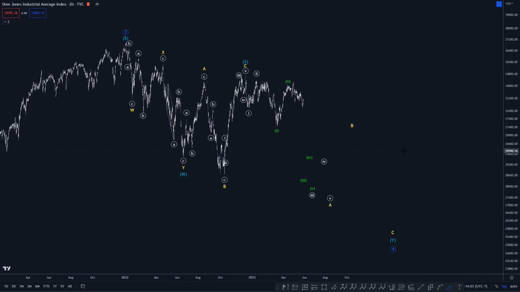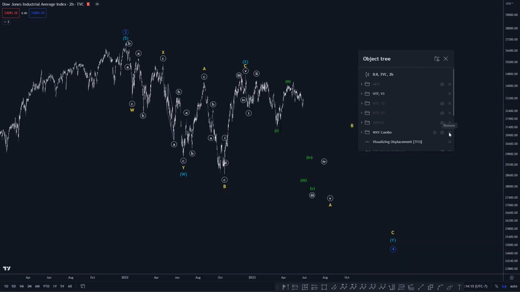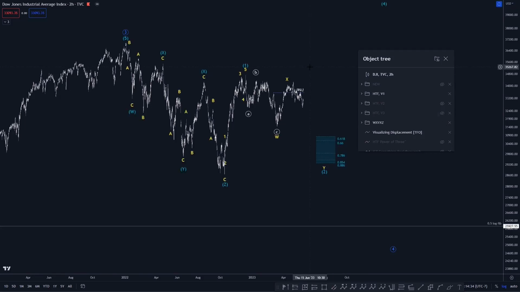But that's not even the case here because, like I said, we're working on an intermediate degree. So truly looking at this, I think it's false, which we have been hinting at, and I'm just going to go ahead and get rid of it because it doesn't seem very probable, doesn't seem like the right count at this time, and it'd be very out of sync with the markets, with the ES and the Nasdaq, which is very unlikely. So it leads us to be looking at either a bullish case, like we have been looking at,